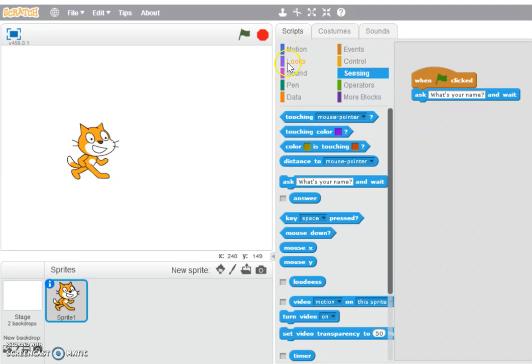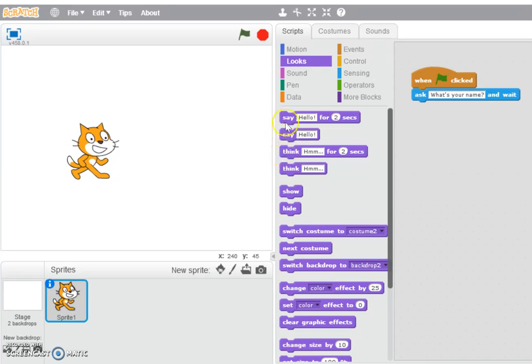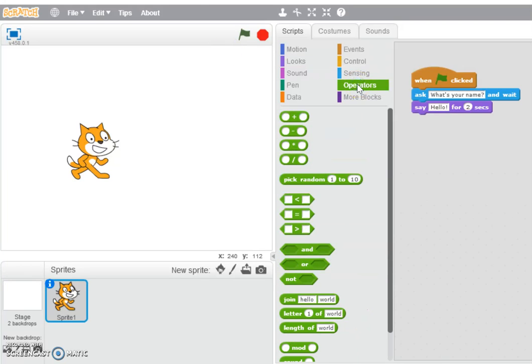Now we're going to get the cat to say stuff, which is of course in the look blocks, weirdly enough. And what are we going to get it to say? Well, we want it to say our name. At the moment it's just going to say hello. So we need to bring in some operators here where we can join things together. So we're going to join the word hello. So we've got to type with a capital because it's the beginning of our sentence, hello. And we're going to put a space after hello,